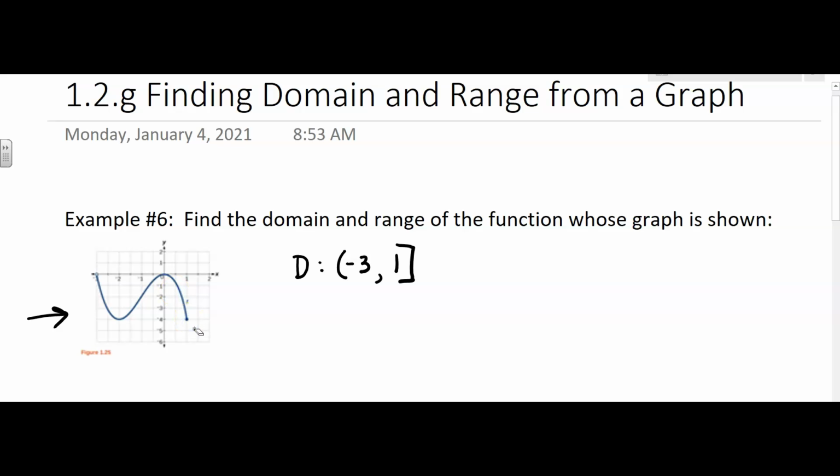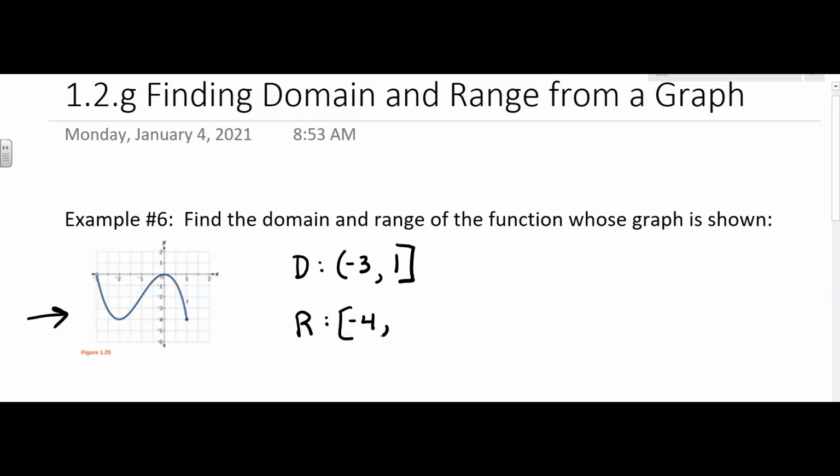Okay, so the range, I tell my students, turn your head the other way. So now we have to go from the y-axis. So I'm going to use R for range, and you're going to go from bottom to top. So it looks like the lowest point on our graph is right here, those 2 points, which are at -4, and those are solid dots on both of them. You can't see it now because I covered it up, but so it's going to be a square bracket, -4,